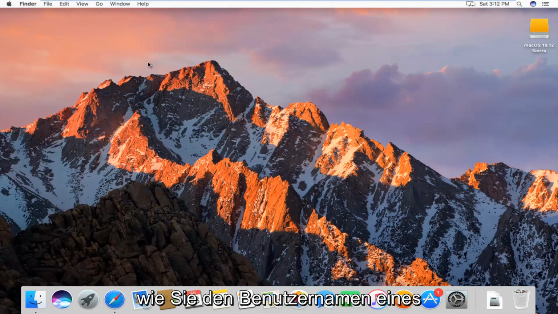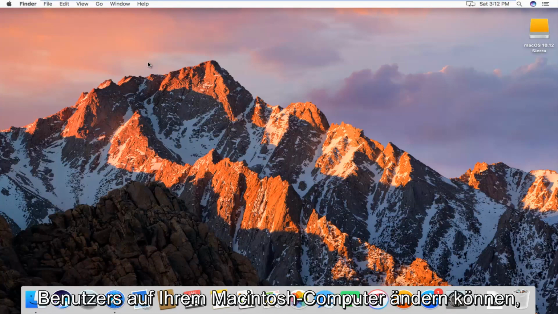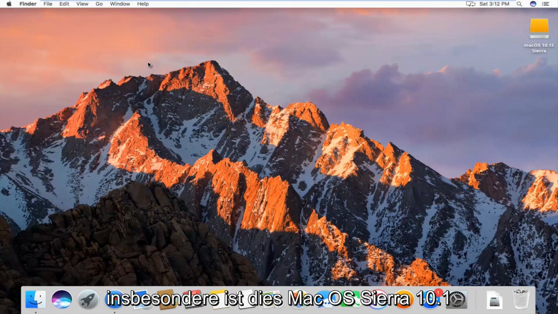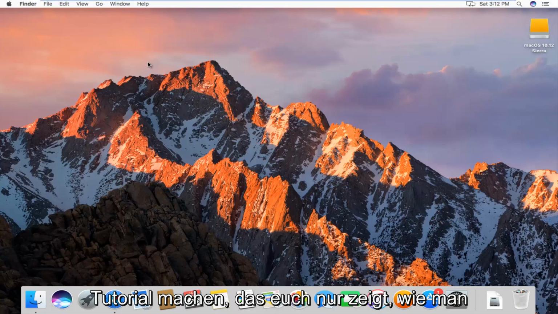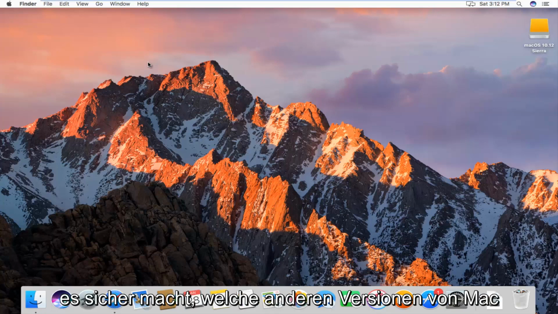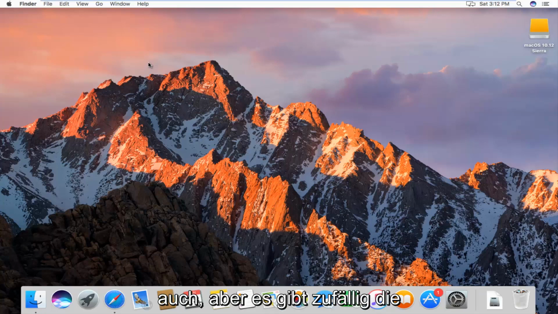Today I'm going to show you guys how to change the username of a user on your Macintosh computer. Specifically, this is Mac OS Sierra 10.12, and I just wanted to make a brief tutorial showing you guys how to do it. It should work on other versions of Mac as well, but it just happens to be the version